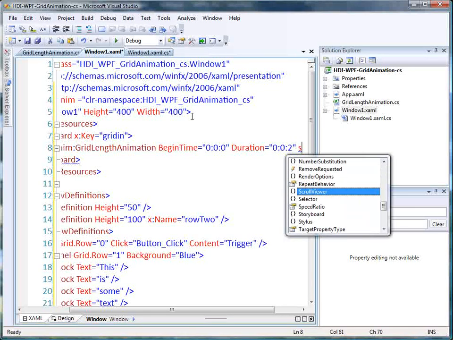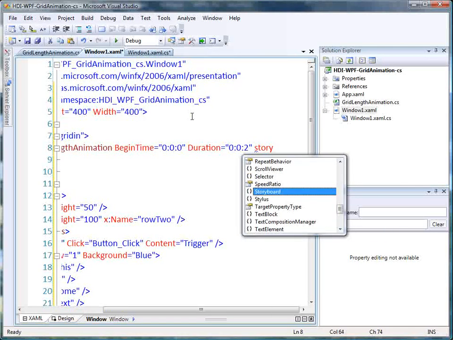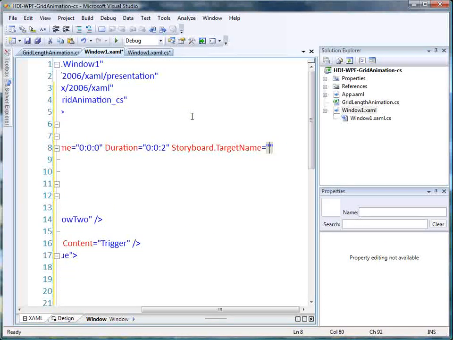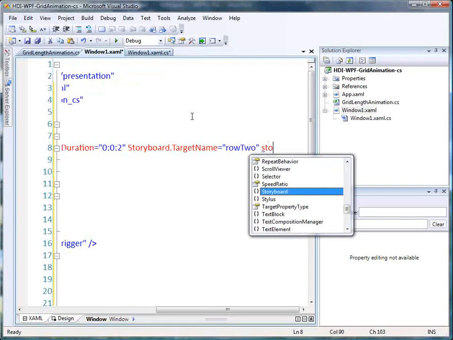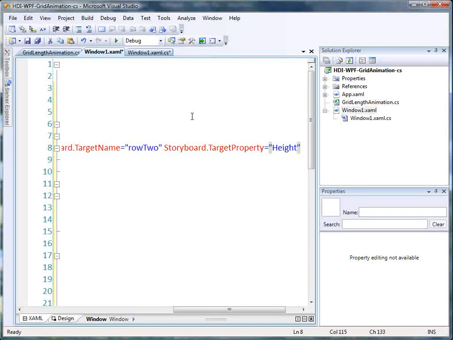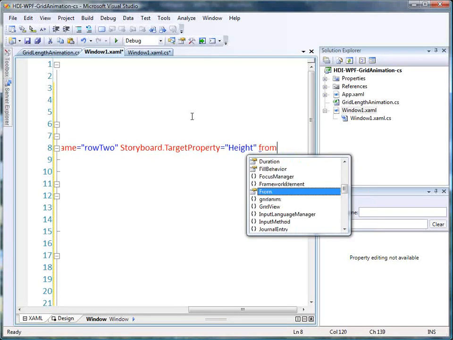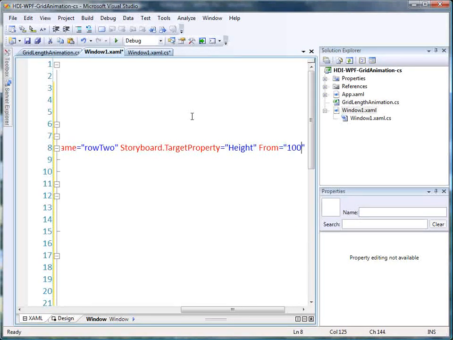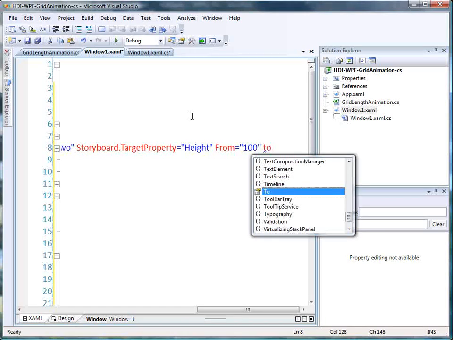And we've got our Storyboard.TargetName is our row that we called row2. Our Storyboard.TargetProperty is Height. Now we can set the target property to Height because we have our grid length animation. We'll go from 100 to 0,